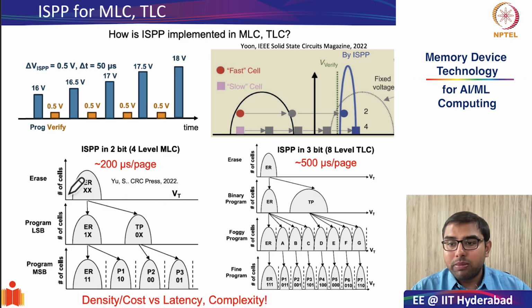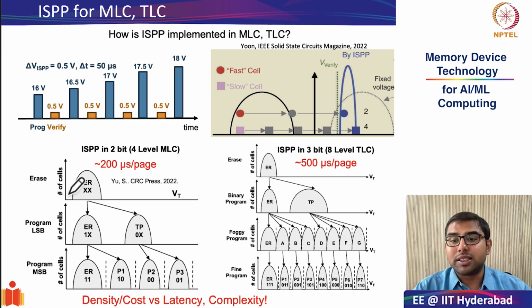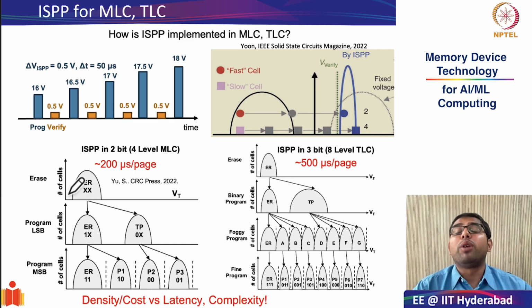Also, we saw the schematic for incremental step pulse programming, ISPP, which ensures faster programming with tighter VTH control, both for fast and slow cells. Remember the intuitive reason why ISPP works? It was the analogy of filling an air balloon, right? The consequent blows that we have to give into the tire or the balloon have to be higher in magnitude.